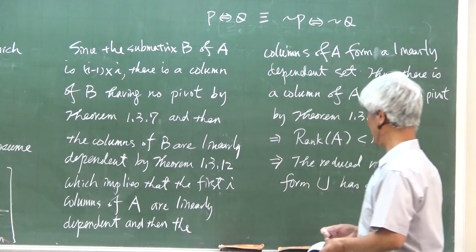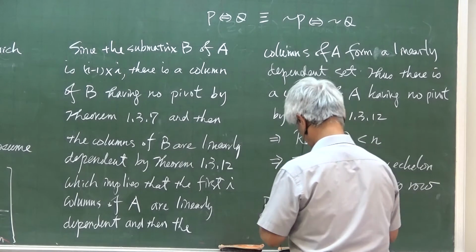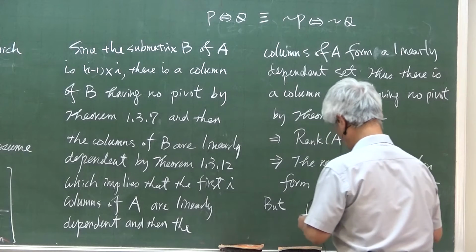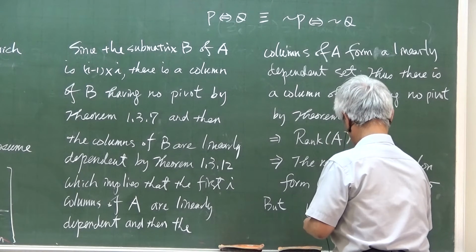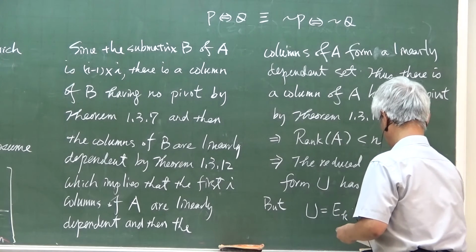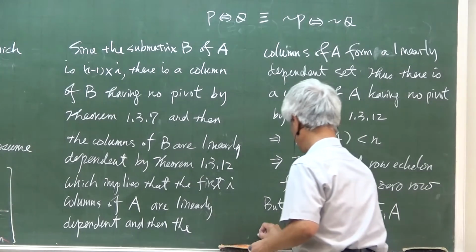Okay, but U is obtained by applying row operations, so that U = Ek ... E2 E1 A, where